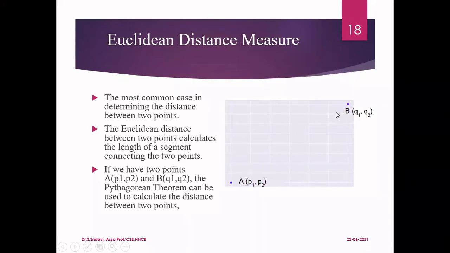It's not that the point should be in the 2D plane. It can be in any n-dimensional plane, because in our data sets, a 2D plane means you should have only 2 attributes. It's not that all data sets are going to have 2 attributes. A data set can have n number of attributes. In that, you are going to deal with an n-dimensional plane. Now, for simplicity, we are assuming that we are dealing with the 2-dimensional plane.